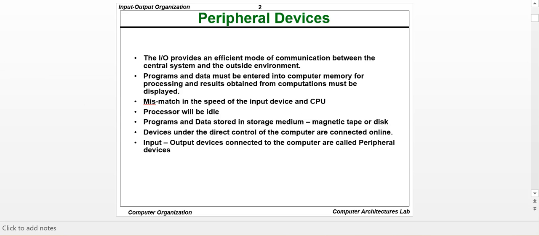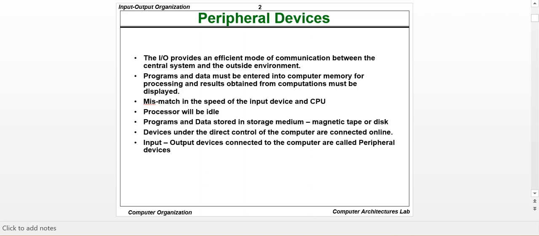So what is a peripheral device? As I told you earlier, the IO provides an efficient mode of communication between the central system and the outside environment. The programs and data must be entered into the computer memory for processing, and the results obtained from computations must be displayed either through your screen, your LED screen, or on the printer. But the main problem here is the speed mismatch of the IO device and your CPU